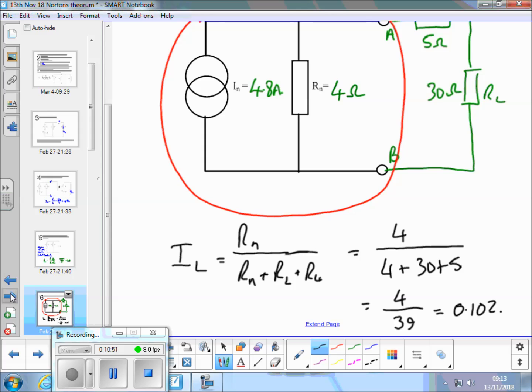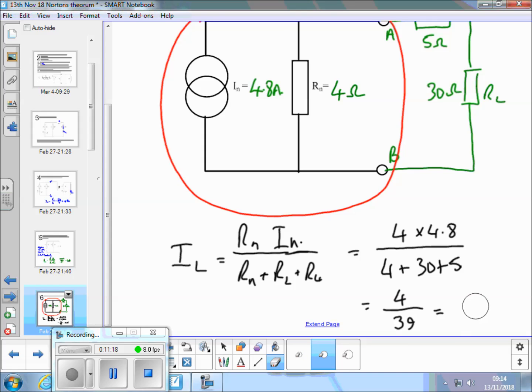That ain't right. We've got to multiply this by n. That's sneaky, that's right on the end there and I didn't see it. Answer now is